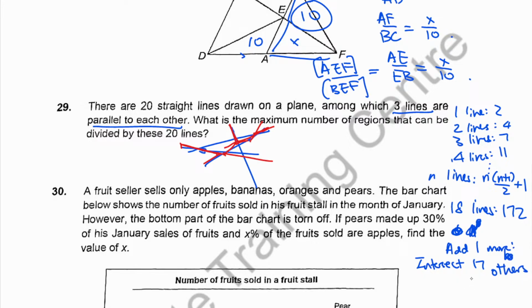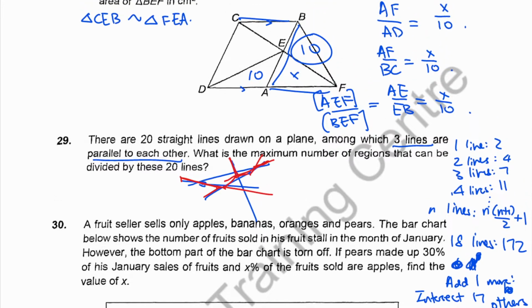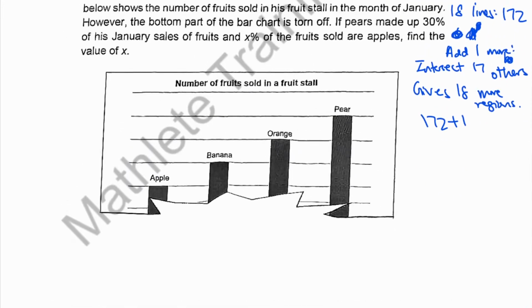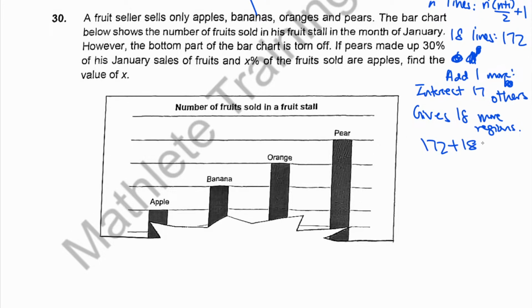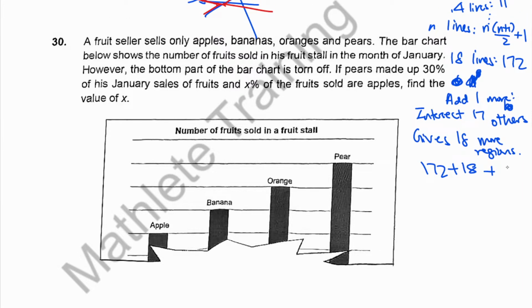And then, so this will give me 18 more regions. So it's 172 plus 18. Oh. And then after that, if I add one more, it will intersect 17 other lines, then will give me 18 more regions, right? Because